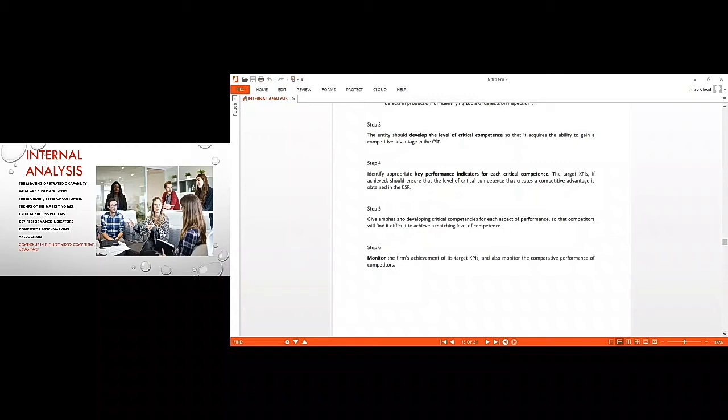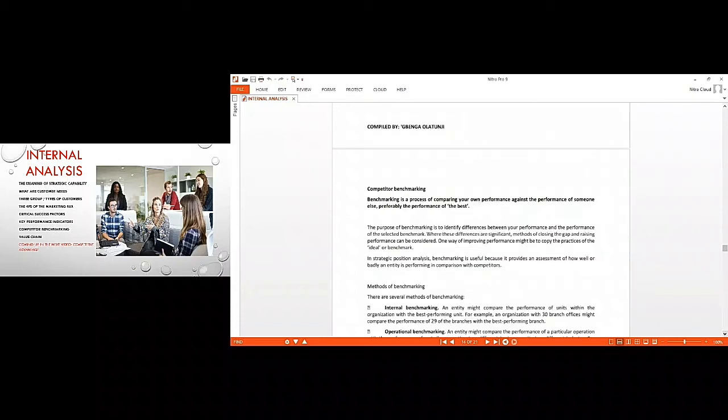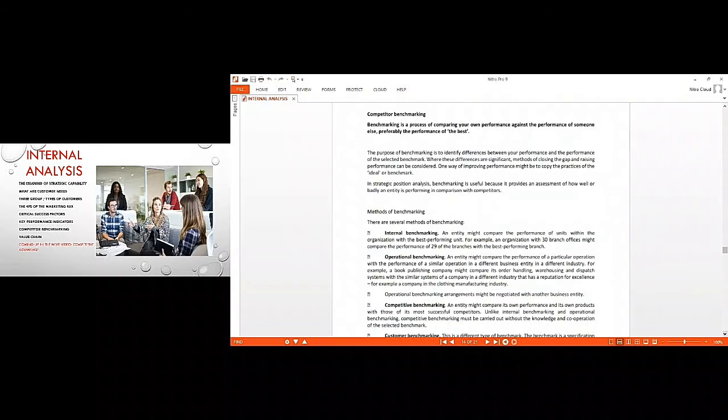Then after we've done that, we must continue to monitor. That is, check our KPIs that we've set for ourselves. Are we meeting the target that we've set for ourselves? So that is the monitoring aspect of the step. So now we are moving on to